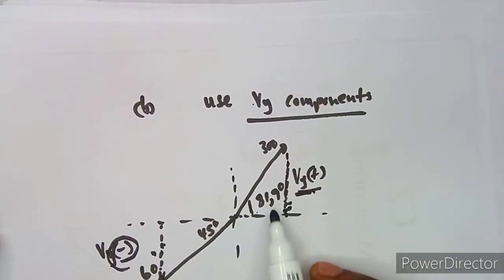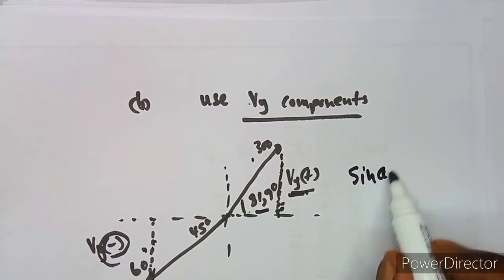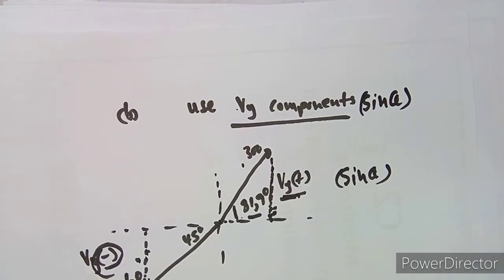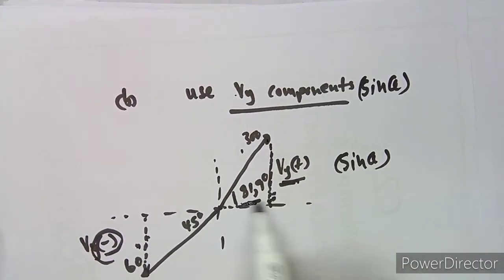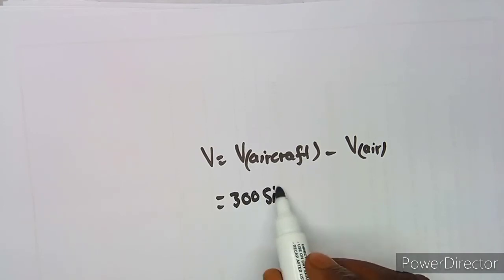That is in the vertical. This one is going to be 300 sine. Remember, vertical components use sine theta. Horizontal uses cos theta. Okay, so it's 300 sine the angle. So it's going to be 300 sine